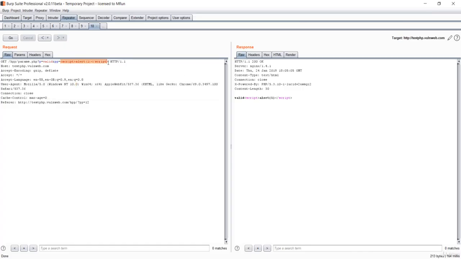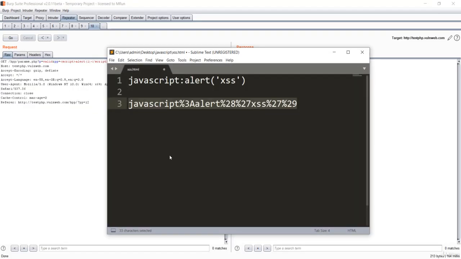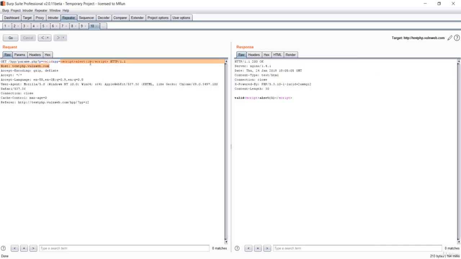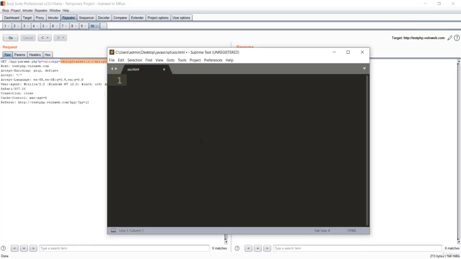All you need to do is go over here. Instead of the payload that we just created, which I'll copy, let me open Sublime Text, and there you can see we have the link over here. Instead of this payload, we have to do something else.